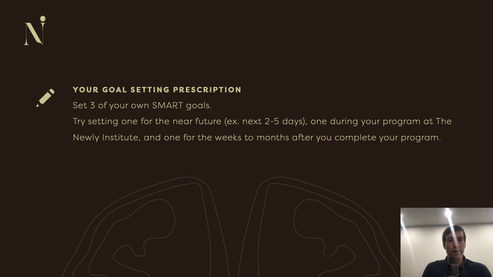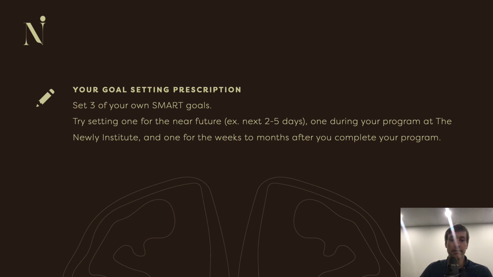All right, hopefully that went well for you. Hopefully you were able to get into enough detail, follow the SMART acronym, and set 3 goals. The final step, what I want you to do is put reminders in your phone. So if you use a calendar app or a reminders app, I want you to remind yourself when that goal is coming up. So for example, if you set a goal for the next 3 days, go 3 days from now and set a reminder to say, check in with yourself. Did I accomplish goal number 1?